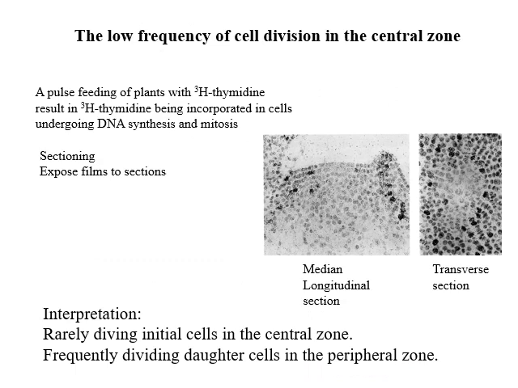So how do we know that you have a low frequency of cell division in the central zone and higher frequency in the peripheral zone? These are old pictures from an old textbook. It's sections. This is a longitudinal section of the shoot apical meristem, going down from L1 layer, L2 layer, and the corpus down here. And this is a cross section, grazing. So it's taken over here, and you can see this is the central zone here and the peripheral zone here. And in this experiment, before they were sectioned, the plants were fed with